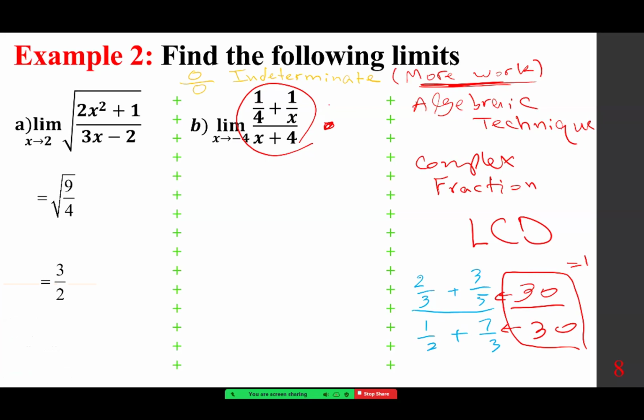Therefore, for this one, we are going to multiply it by 4x over 4x, okay, which is the LCD. When you do that, what I want you to pay attention to, when we go back to this format 0 over 0, it is the 0 in the denominator that creates a problem. So since x is approaching negative 4, x plus 4 goes to 0, x plus 4 is a problem. So you never distribute, you just keep this as a product of these two. This one you distribute, the product of these two